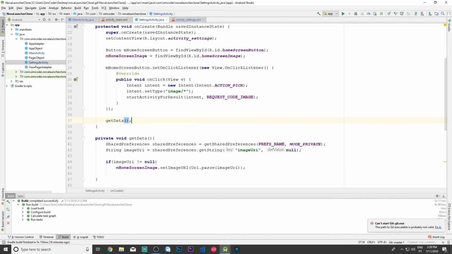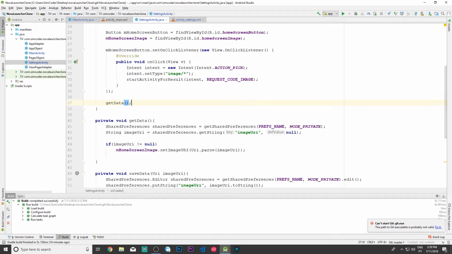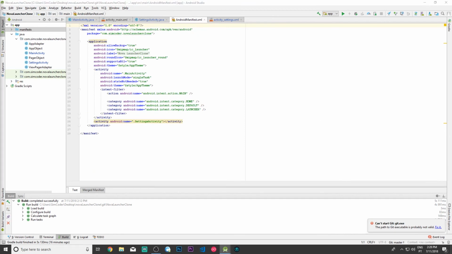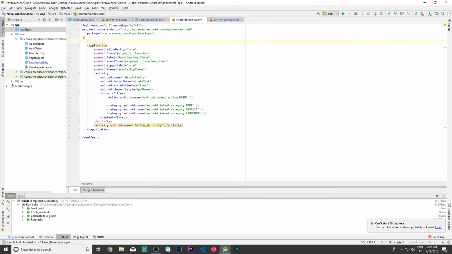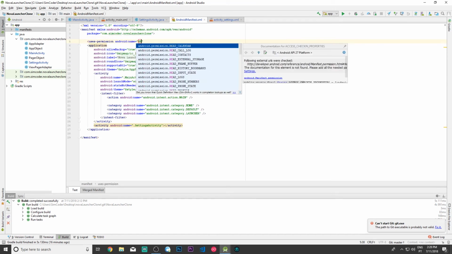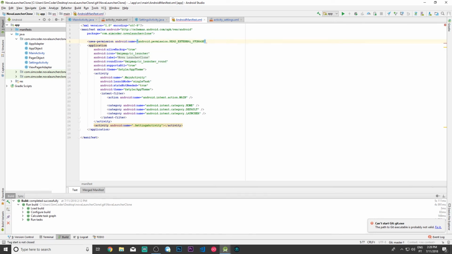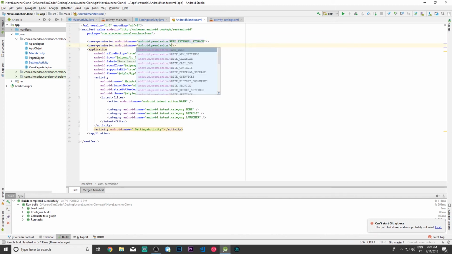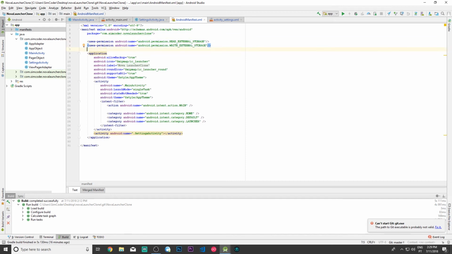Okay, this looks fine, but it won't work because of one specific thing. We must get the permissions to access external storage, better yet, to read and to write. So let's go into the manifest file and say uses-permission name READ_EXTERNAL_STORAGE and WRITE_EXTERNAL_STORAGE. Okay, and we must do one other thing to get the permissions, and we'll do it in the